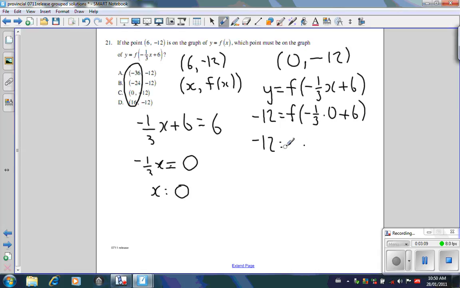Negative 12 must equal f of negative 1/3 times 0 is 0, and 0 plus 6 is 6. So I'm looking for negative 12 to equal f of 6. F of 6, we know, is negative 12. So we get negative 12 equals negative 12, and that's correct. So we're happy with our answer of